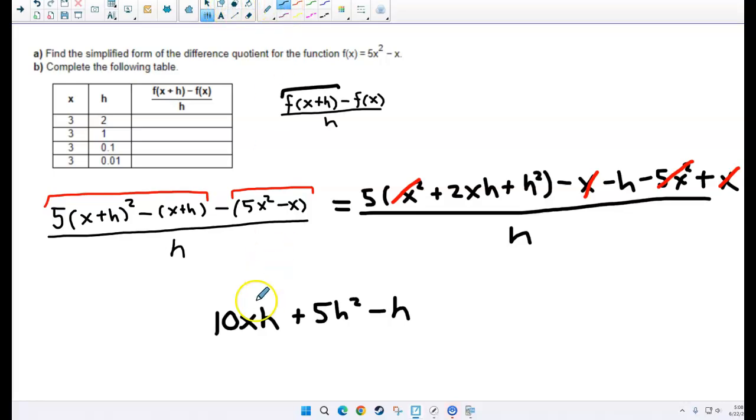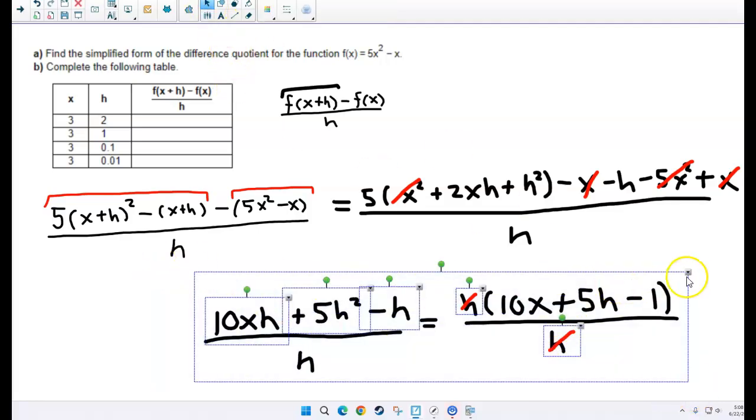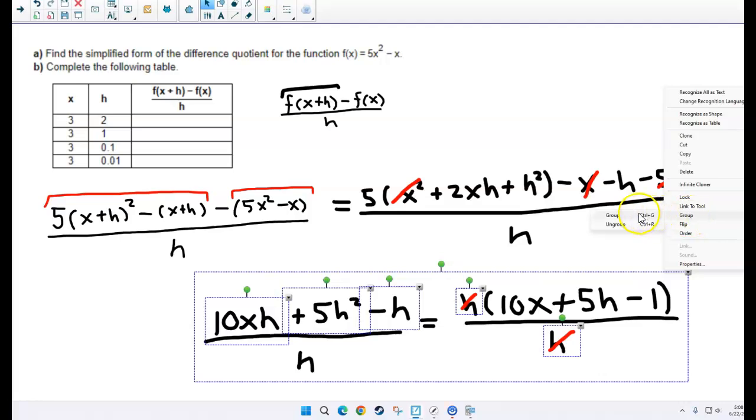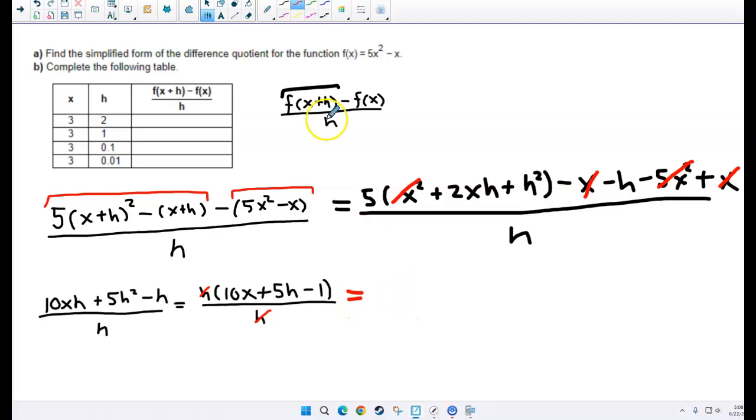So if you notice, we have 3 terms in the numerator, all of which contain h. So the last step would be to cancel out that common factor. We could show that by pulling out the common factor of h. That will leave behind 10x plus 5h minus 1. And now that we have a factor of h above and below, we can cancel that out. And that gives us our simplified form of the difference quotient. So this here would be the answer to part A. Just this, 10x